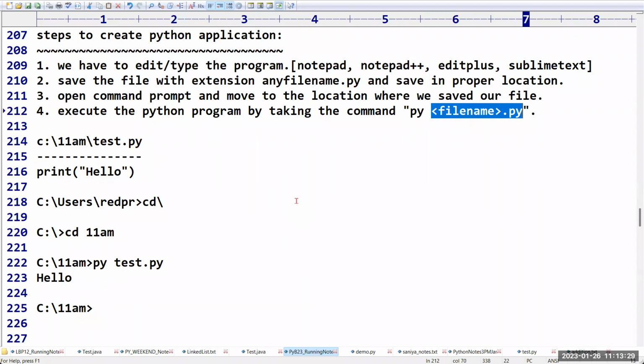I think the concept is very clear for you people. This is the way to execute our first Python application. Can you please confirm, is the concept clear for you people? Yes, sir. Clear. Right,